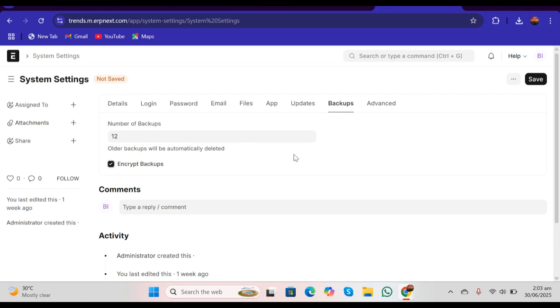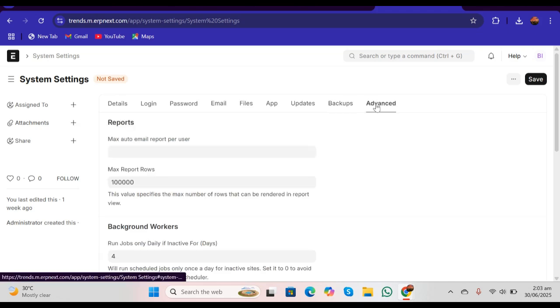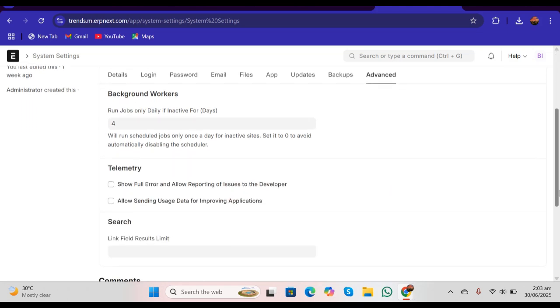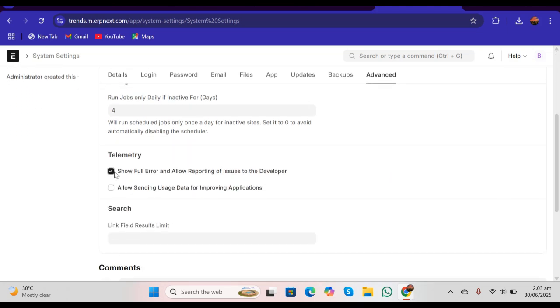Not only that, but it also gives you control over system performance and privacy. You can limit report rows, auto email reports, and background job activity on inactive sites. It also lets you show full errors for debugging and choose whether to share anonymous usage data. It allows you to set a link field result limit that sets how many matching records appear in drop-downs when selecting linked data, helping keep the system fast and